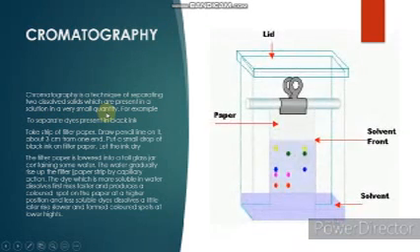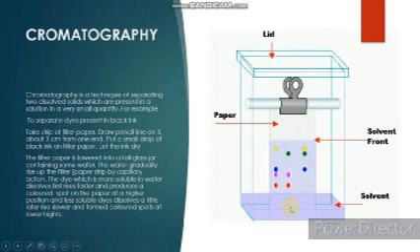like this. If we want to separate dyes present in the black ink, then take a strip of filter paper, draw the mark with the help of a pencil approximately 3 cm from one end, put some drops of the ink and let it dry. Okay. After drying, arrange the filter paper on the rod and put it into the beaker which is filled with